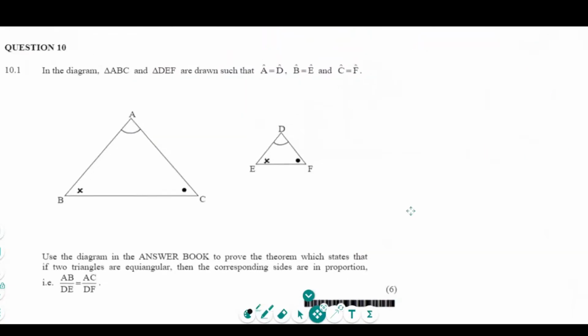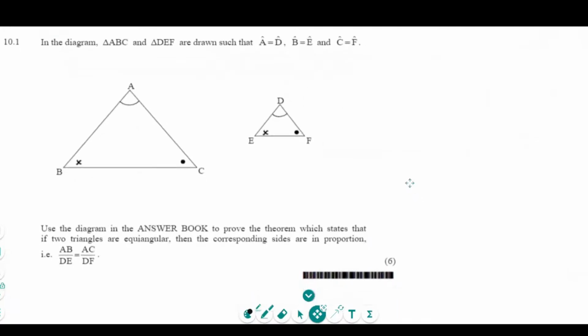Guys, question number 10. 10.1. In the diagram ABC and DEF are drawn such that A is the same as D, B is the same as that, and then, okay, so this question is quite common. I've seen it in a number of prelim papers and even past papers. So for us to prove this, we just have to do some bit of construction, okay? We need to get the constructions done,